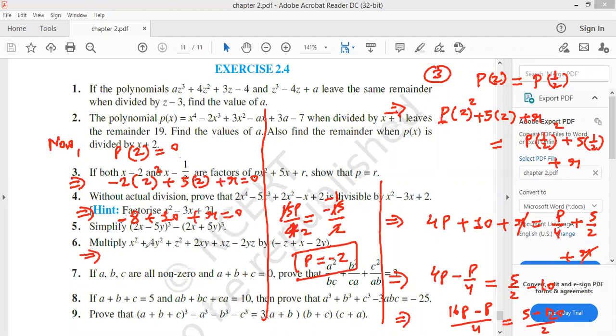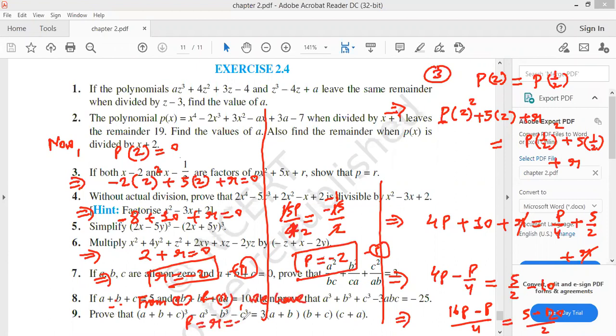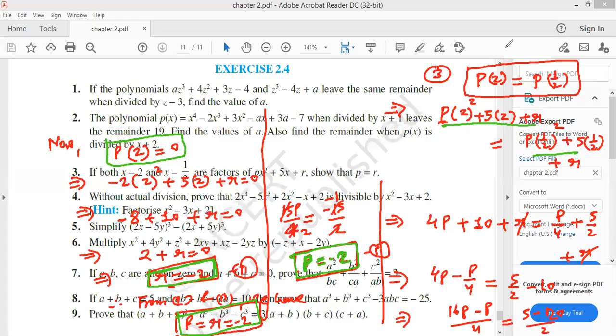If you simplify this one, you will get 2 plus r is equals to 0 and r is equals to -2 here. So this is first equation and this is second equation. We can say from first and second, therefore, from first and second we have p is equals to r is equals to -2. That's why we can say that p equals to r. Is it clear? Yes, sir. Just copy it in recording.